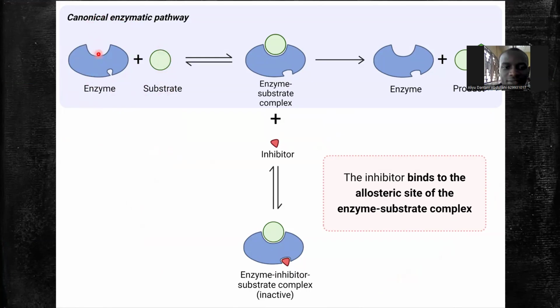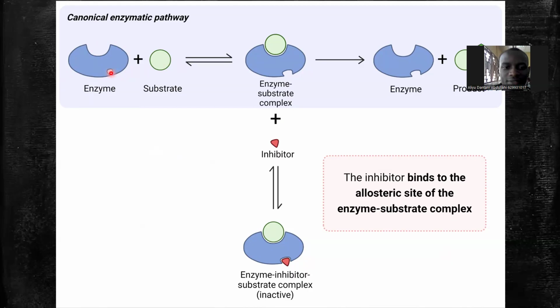Glucose will bind to the catalytic site of the enzyme. This is where glucose is supposed to bind. Now, this site here is what we call an allosteric site, not the active site of the enzyme, not the catalytic. The catalytic site is also the active site, but an allosteric site is a site that is not meant